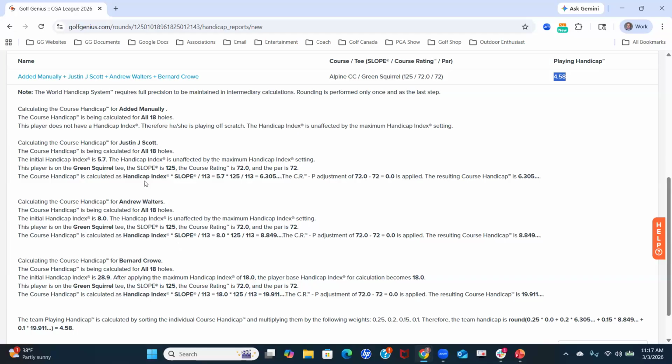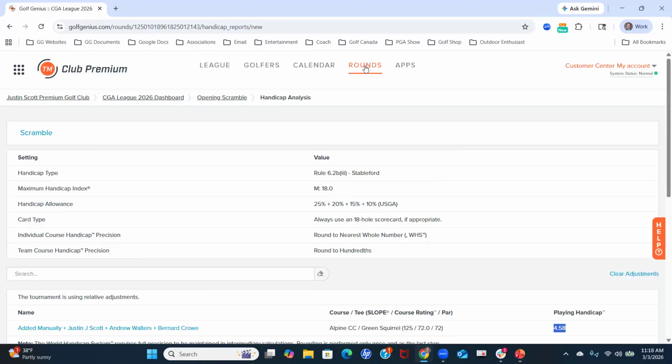So it takes a little bit of time to decipher all of this, but just know that it is correct. We have made lots of adjustments based off of the USGA and changing how they stroke some of their formats, basically with four ball and singles particularly. So there can be some discrepancies, but it's all laid out within the handicap analysis. This is a great way for you to let your golfers know that yes, Golf Genius has made the appropriate calculations to give you a 4.58 playing handicap that then